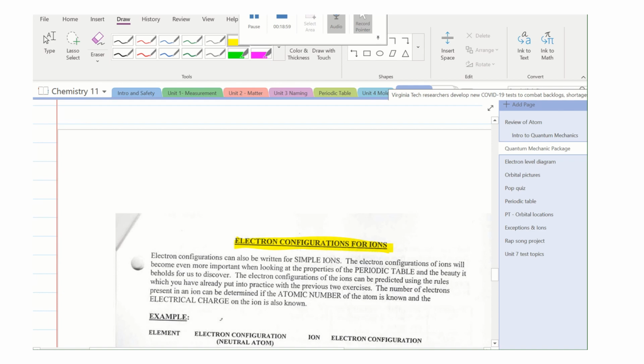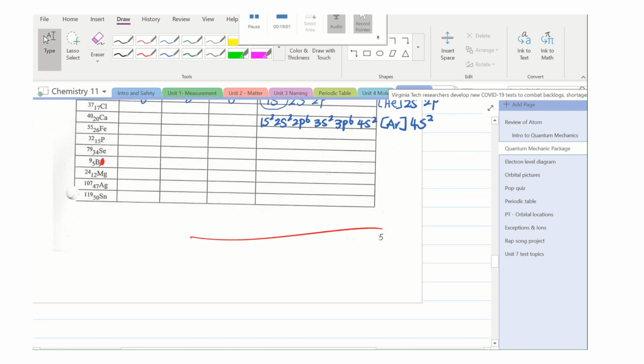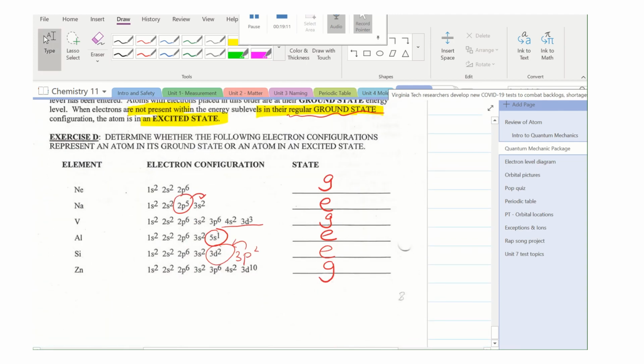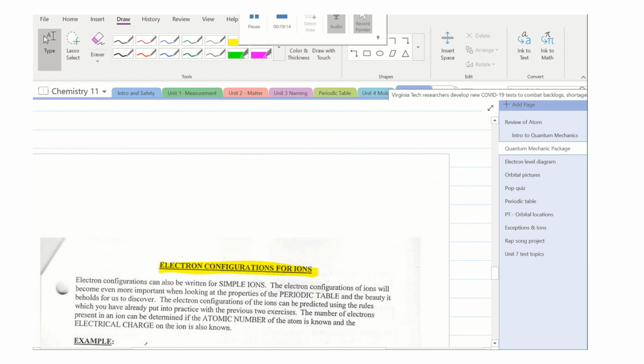If you want, you can read ahead. Otherwise, I'll see you on Wednesday's lecture. We'll finish most of this package on electron configuration for ions. And then I'm thinking Friday I will have a live lecture with you guys as well, so that we can have some live questions. I will practice some other stuff with you guys. Maybe we'll, we'll see.